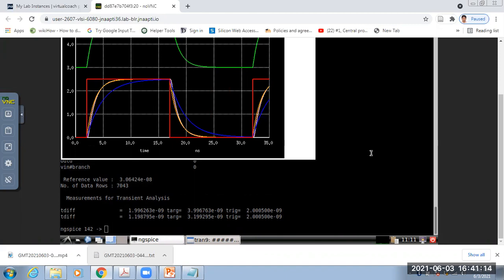The first one is lumped, so that is 1.99 e to the power minus 9, which means nano, 1.99 nano. That means 2 nanosecond. For the next one, it is 1.19 nanosecond.